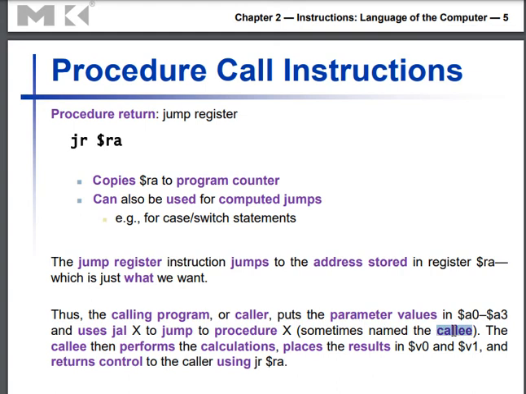The callee performs the calculations or whatever task the procedure is supposed to do. Sometimes the procedure returns a value, so those values are kept in registers V0 and V1. If you have only one value to be returned, you choose any of them. And it returns the control to the calling segment using the jump register RA instruction.